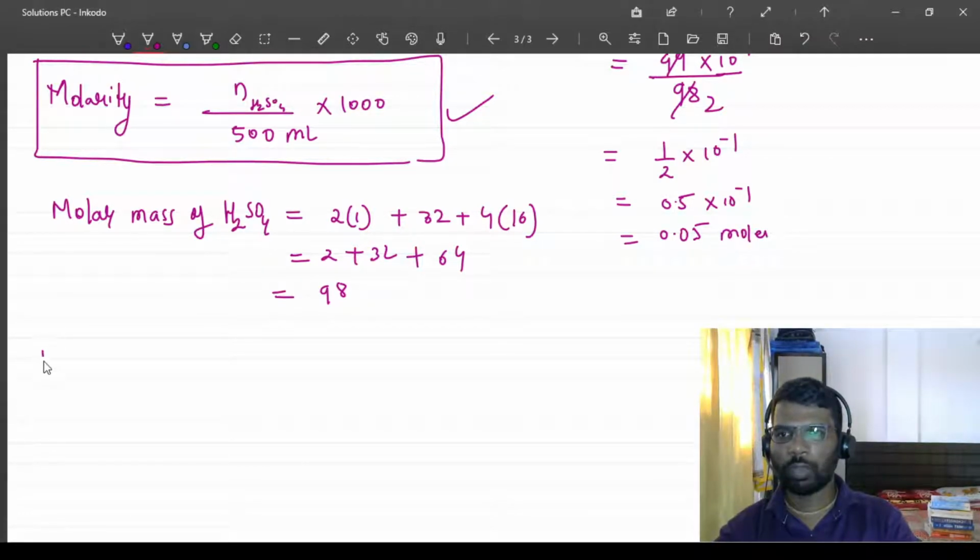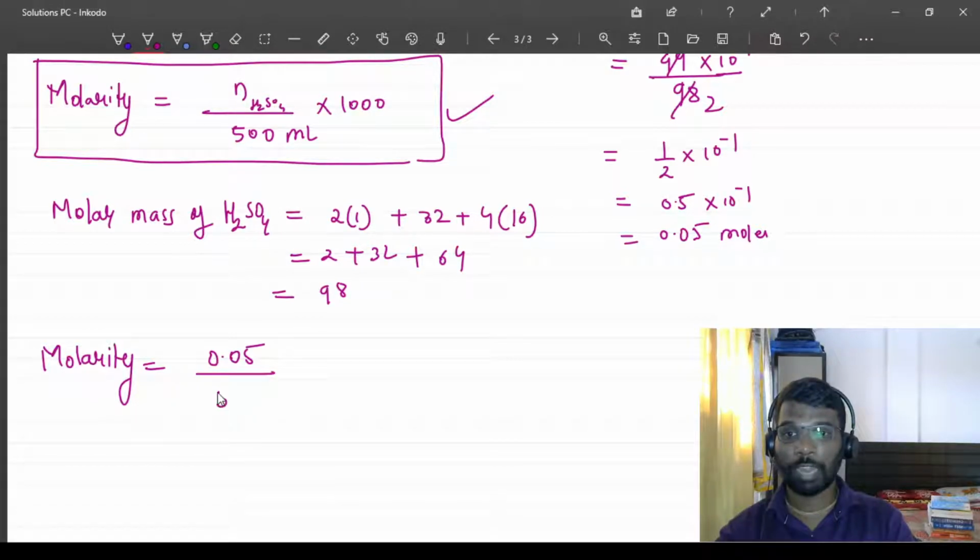So molarity. Now coming to the formula, molarity, capital M. Molarity is equal to the number of moles of H2SO4, which is 0.05. I am taking 500 centimeter cube, so I am taking directly 500 ml, and into 1000. So I can cancel these two zeros. I can do this way, right? And on the top I can write 10 into 0.05, which will be 0.5 divided by 5.